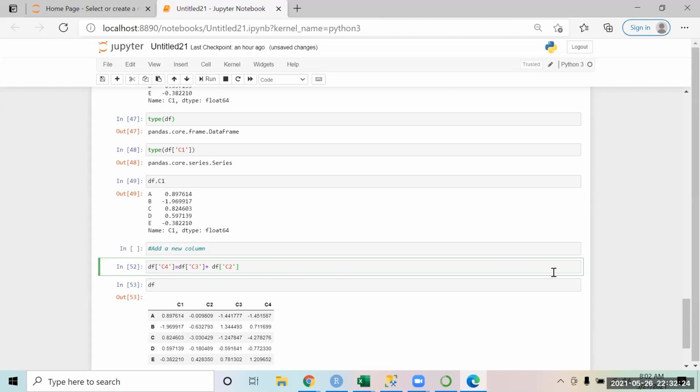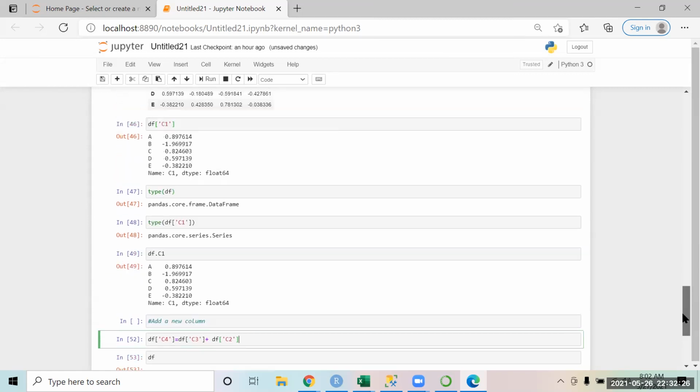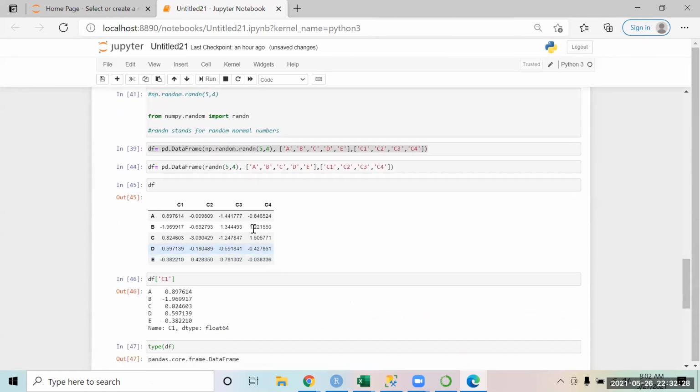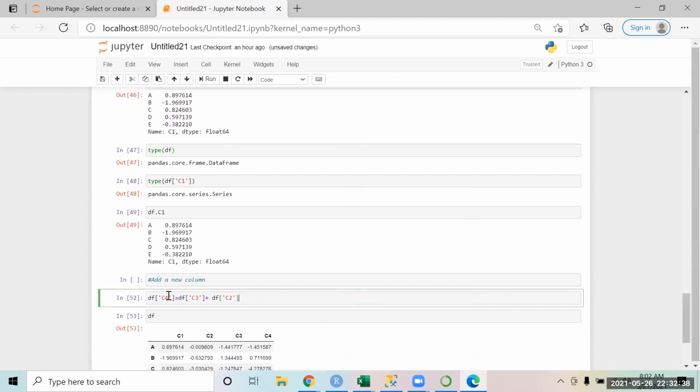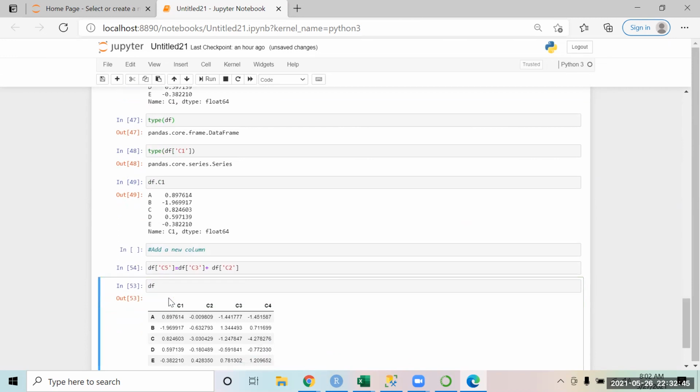Oh, sorry. So I've actually replaced that. I thought we had 3 columns. Really sorry. So technically we should have kept it as C5 equal to C3 plus C4. I just thought that I had 3 columns, so right now it has just replaced it. C4 has been overwritten. Technically I should have written C5, a new column. So now if I check it, I get a C5, the new column, which is the same, C3 plus C2, these two added up. C4 previously got replaced, and now C5 is newly added.